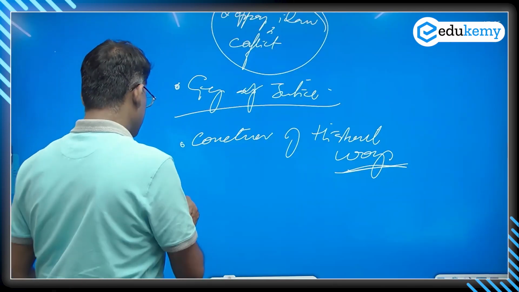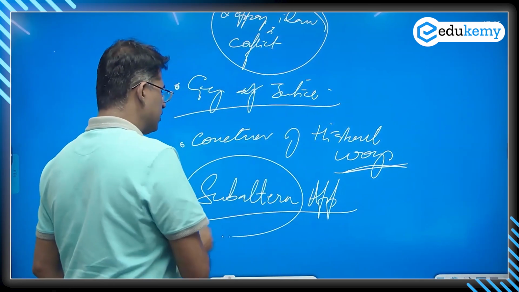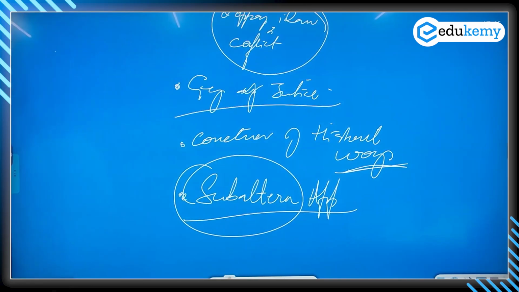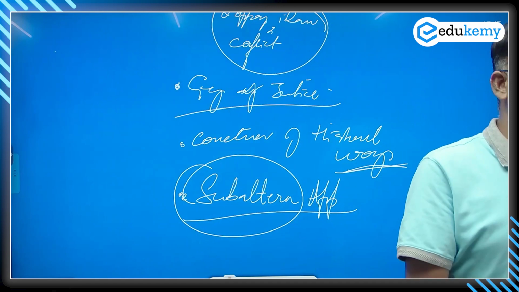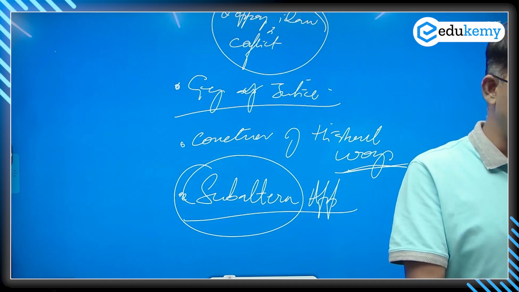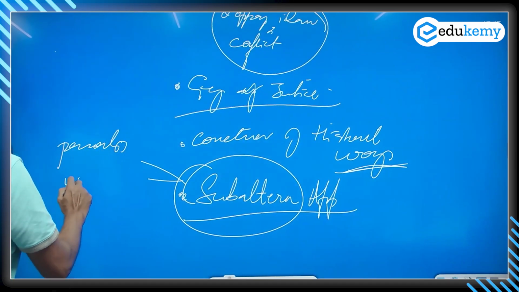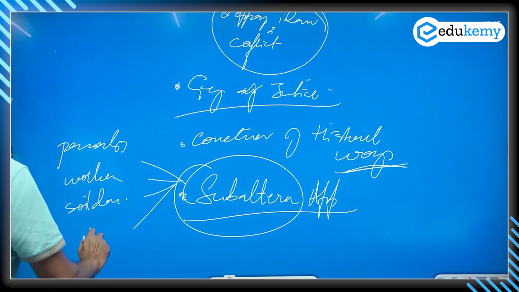This approach we also call the subaltern approach. Subaltern in very simple terms means the common man, the labor class, the soldiers. So in looking at anything from the perspective of the common man, when you analyze anything from the perspective of those who are denied some benefits or growth and development because they're common people. So the viewpoint of peasants, the viewpoint of workers, the viewpoint of soldiers, the viewpoint of natives.